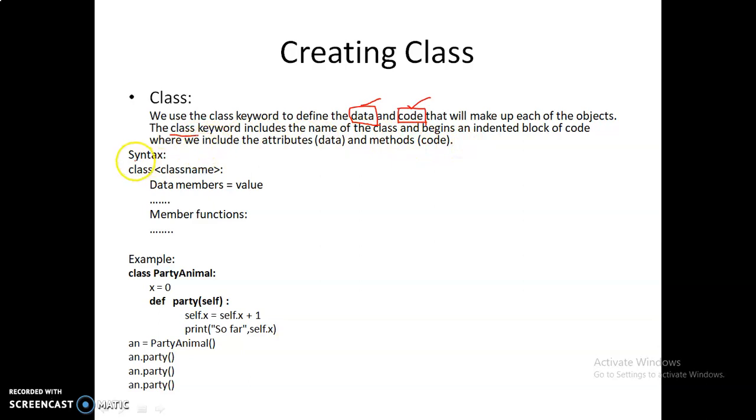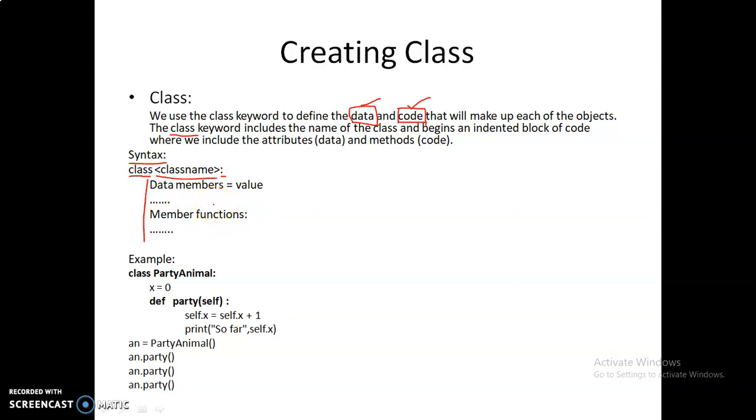So the syntax of the class is like this. It is a keyword which is used to create the class, and this is the class name. The class name has the same restrictions as our variables. The class name should start with an alphabet, it should not be a keyword, it should be a unique name, and its length is also limited as per the language. These are the same rules which apply for the class name also. Then the indentation starts here. After that you can write all your data members and member functions.